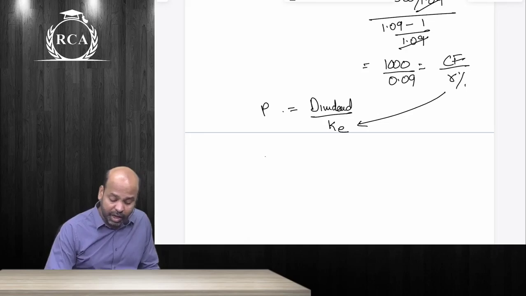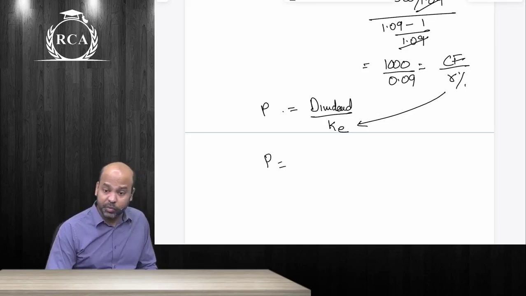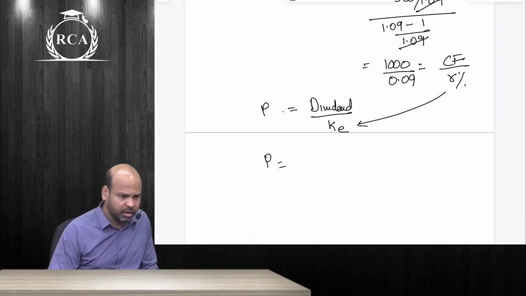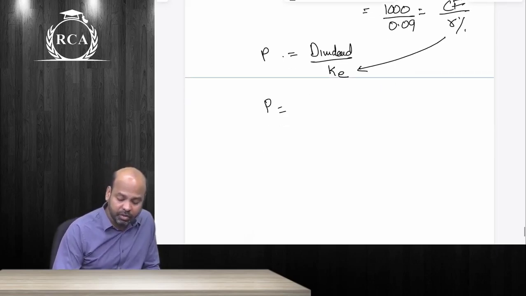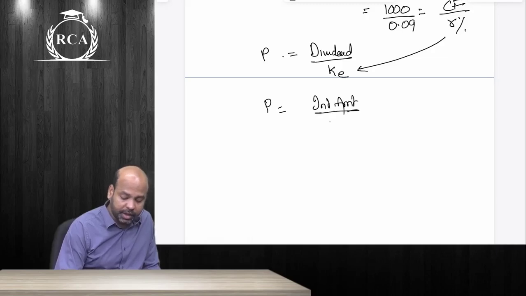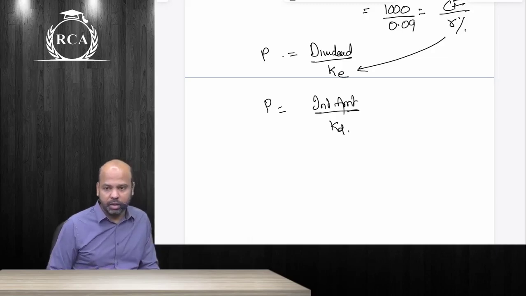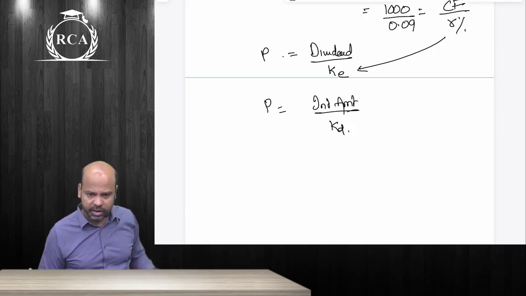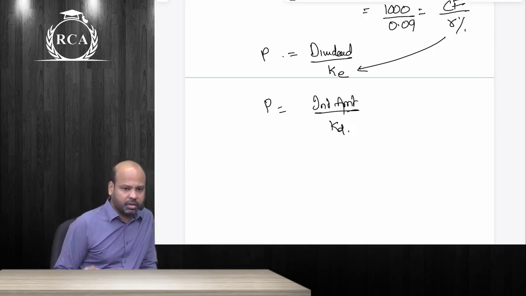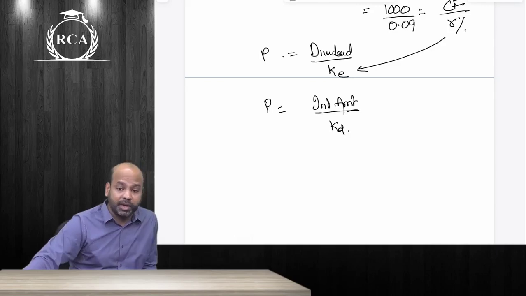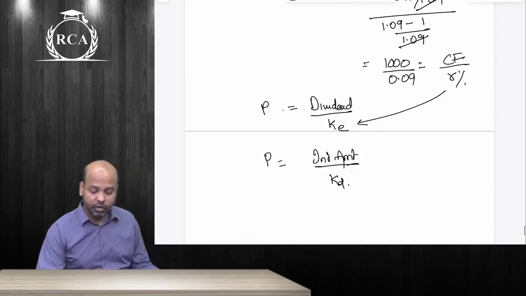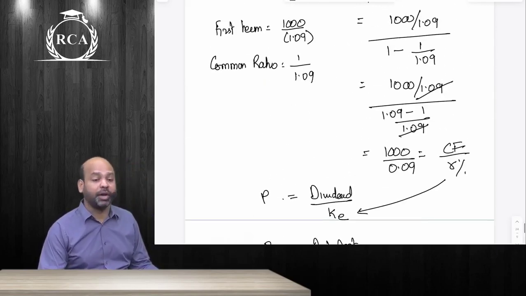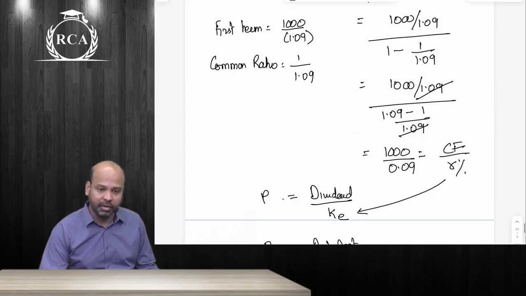Similarly, what if you have an irredeemable debenture which pays a constant amount of interest every year? What will be the price of that irredeemable debenture? Interest amount divided by whatever is your required rate of return. Are we clear? Whatever is the required rate of return from an investor's perspective, that will determine the value of a constant perpetuity. So if the cash flows are constant, you're directly going to write cash flow divided by R%. Any doubt in this?